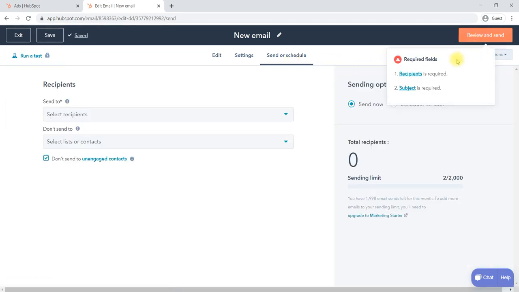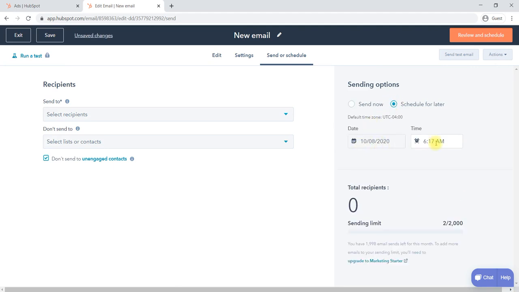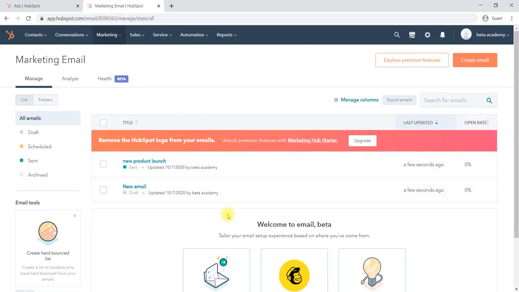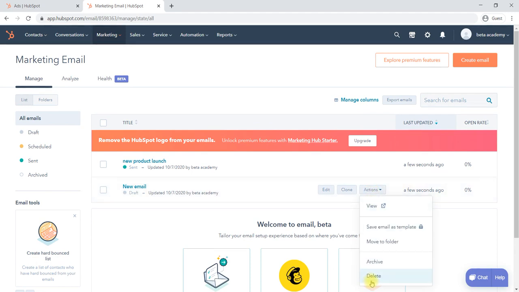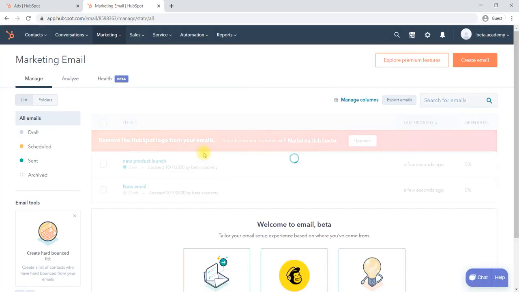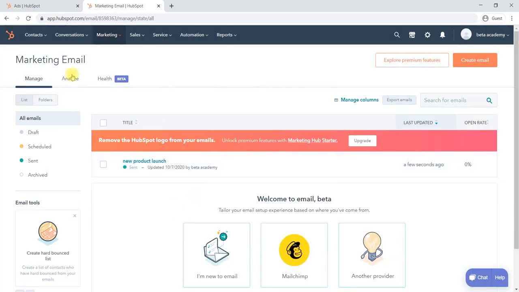Here we can schedule for a later date and time; you can select when to schedule your mail. Like this we can change the mail. Okay, we can schedule the mail, and for any mail you would like to take an action on, you can select it and delete that particular mail. You can delete the mail from your dashboard anytime.